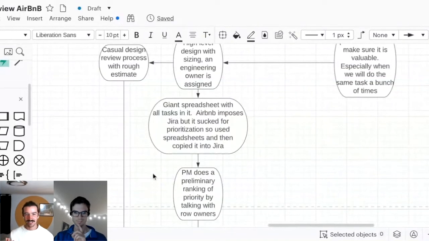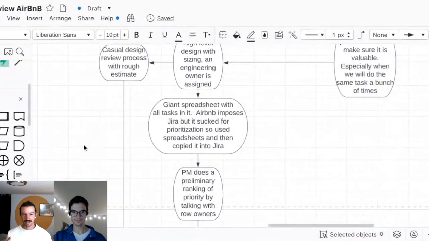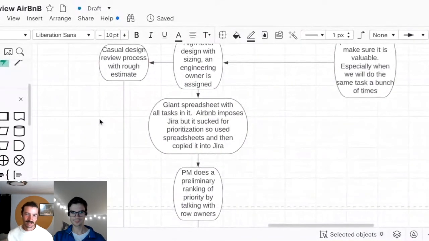I think if people knew their project would be resourced, they did probably put more effort into really having a solid estimate, versus something where I was like, I know this isn't going to get done this quarter, so I'll just say it's a big project. And as it gets bumped up in priority, eventually I'll do more thorough resourcing.